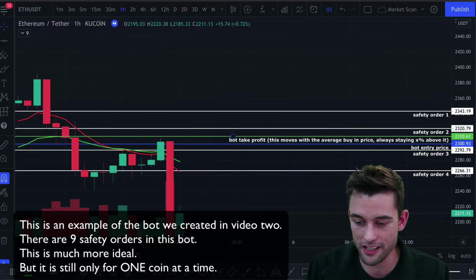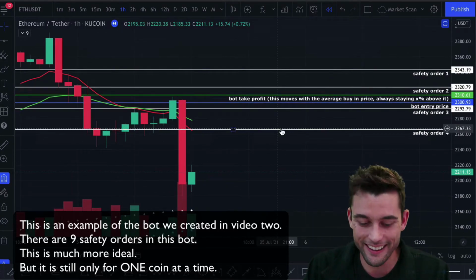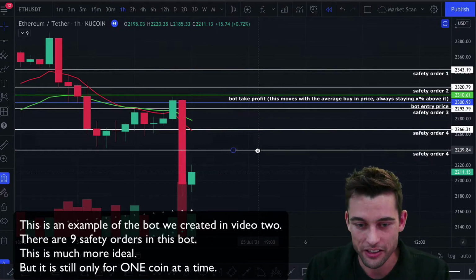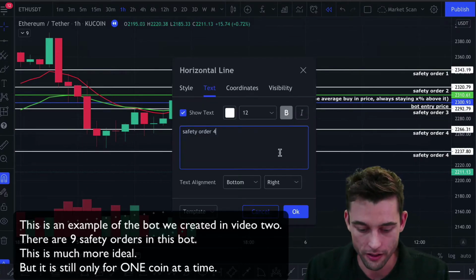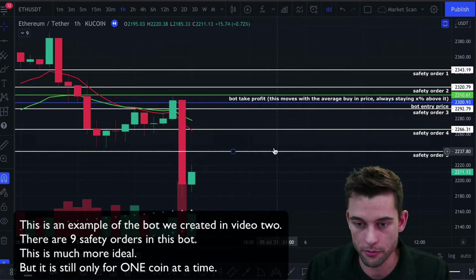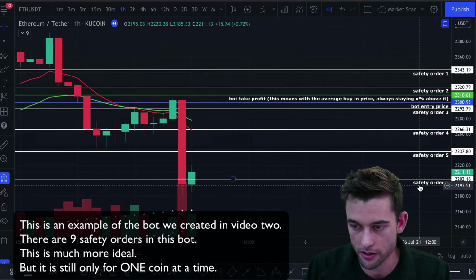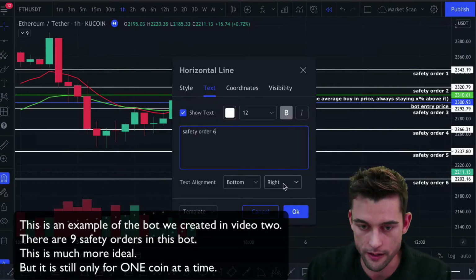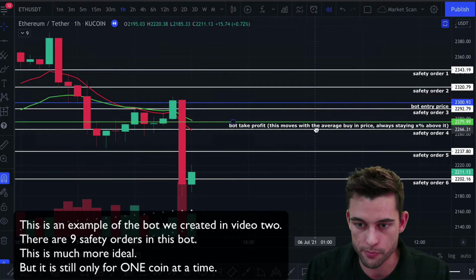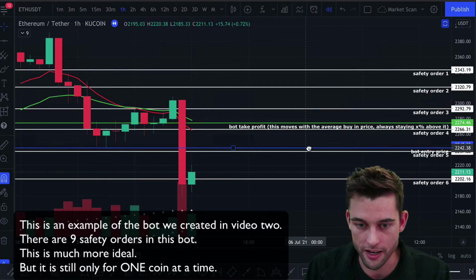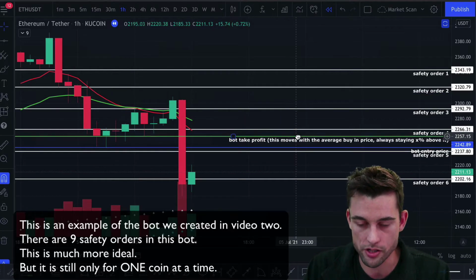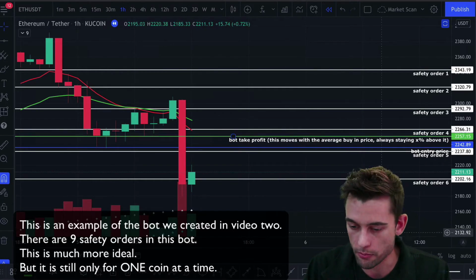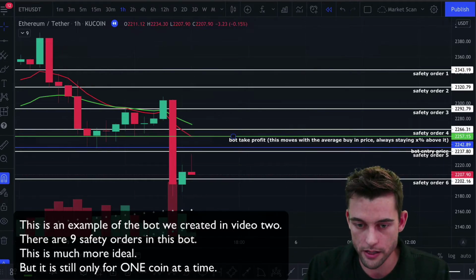So apparently it came down again. Once again, you would have had another safety order filled. Honestly, you probably would have had 2 safety orders filled on this one because it was such a significant dump. Your average buy price would come down here. Your take profit price would come down with it. And then eventually,